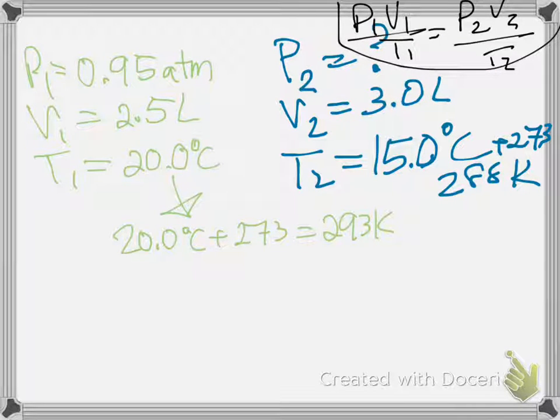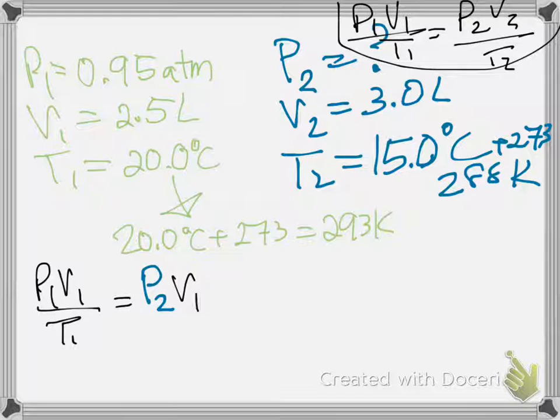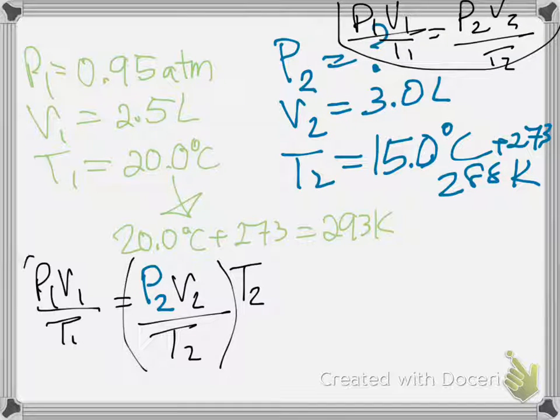First off, I'm trying to get P2 by itself, so I'm actually going to write that in a different color so I remember. That means that everything that's black needs to be on the same side of the line. So first I'm going to deal with this T2. It's on the bottom, in the denominator, so I can't do anything unless I get rid of that. In order to get rid of it, I have to do the opposite, and I'm going to do it on both sides. So the opposite of division is to multiply. And when I do that, the T2s on the right-hand side cancel.